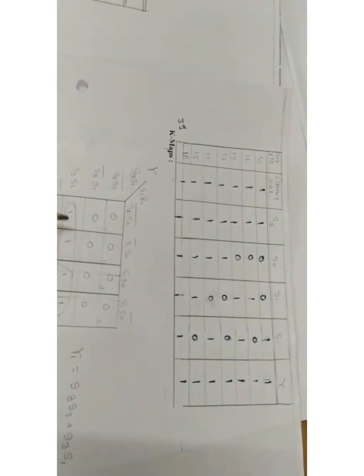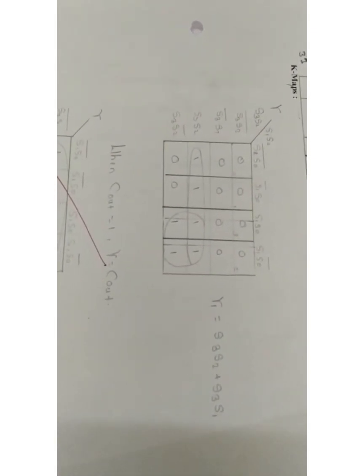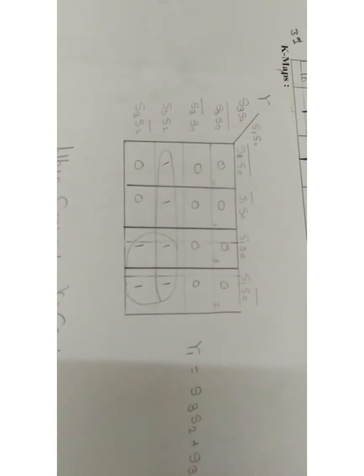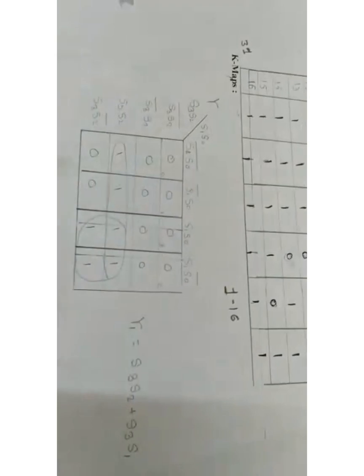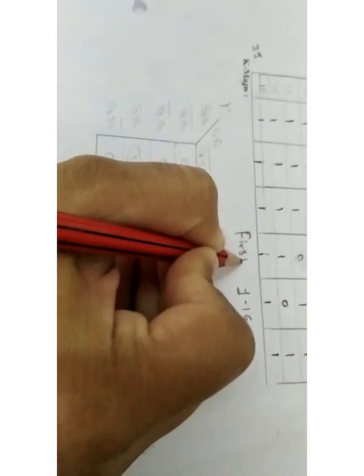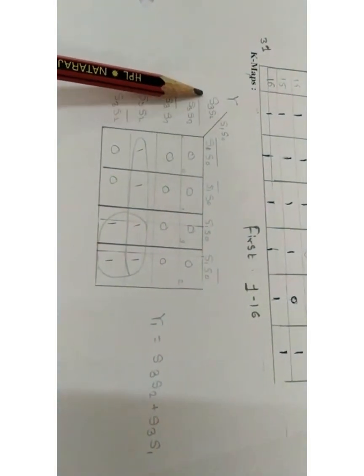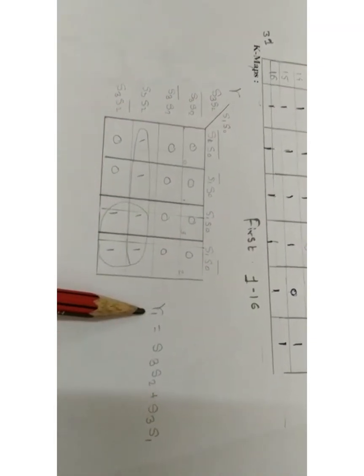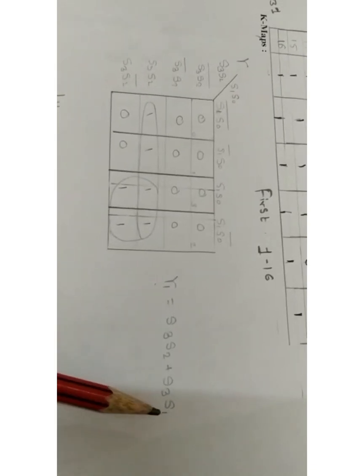So next we are going to draw the K maps, because we require the circuit for adding the 6. So I am drawing the K maps. We know for 5 variables we use the Quine-McCluskey method, but here I am using a simple 4-variable K map. So in the first 4-variable K map, I will consider the first 1 to 16 combinations, the first part. For that I made the K map with S3, S2, S1 and S0. So I am getting this equation: y1 equals S3 S2 plus S3 S1.